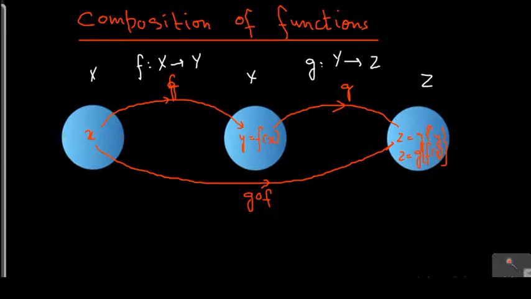So continuing with this, what are the different remarks, or let's say some of the properties or things that we have to consider while we're doing composition of functions. The first thing is that the composition function, or the composition g of f, is defined. So when is it defined? It is, so g of f is defined when